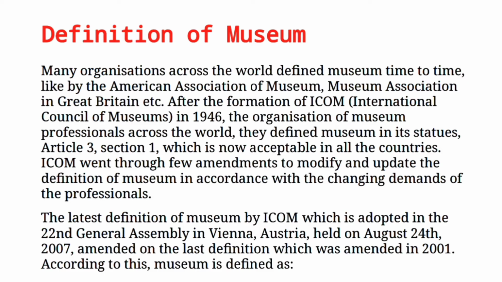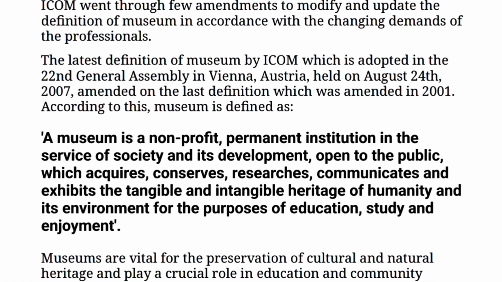So ICOM went through a few amendments because they studied the previous definitions and they tried to amend, modify and update the definition of the museum in accordance with the changing demands of the professionals of the ICOM, the organization of the museum professionals. So according to their demand, they tried to amend the definition, they tried to modify and update it according to their changing demand. So the latest definition of the museum by ICOM, which is adopted in the Second General Assembly